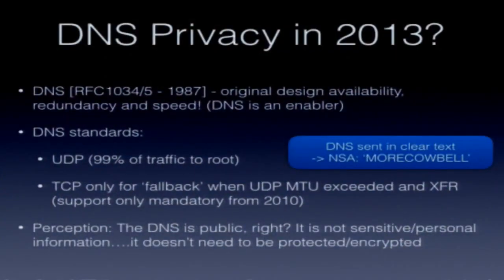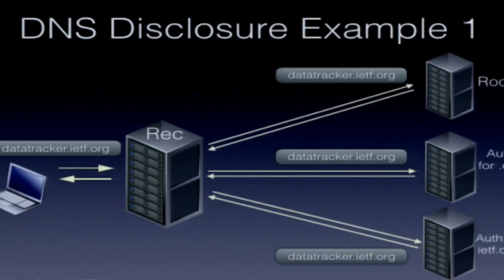There was also at this time, and for much of the 25-year time period that I'm spanning, a perception that the DNS is public, right? Anybody can query these records, anybody can get to them. They don't contain personal or sensitive information, so we really don't need to worry about encrypting or protecting them in any way. It's the DNS. And that was out there for a long time. So you have to bear those things in mind when you look at the design of the DNS and be a bit forgiving.